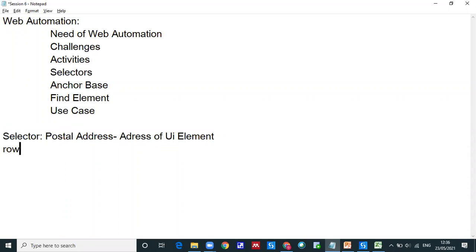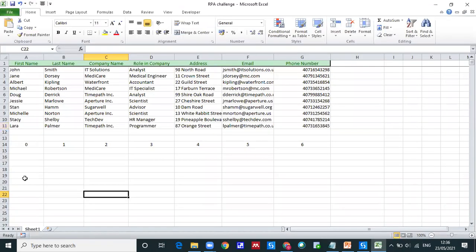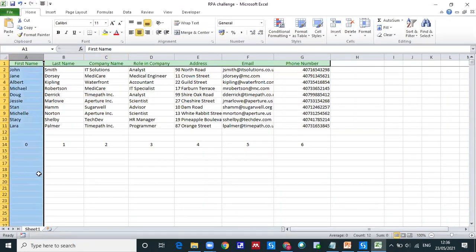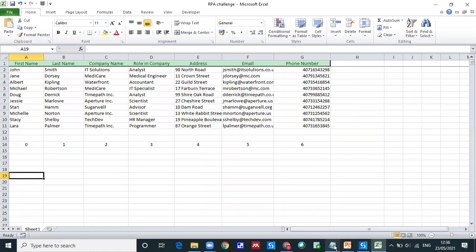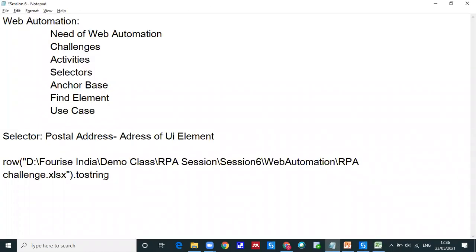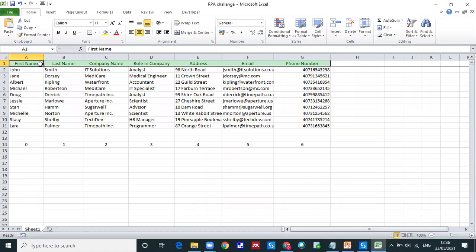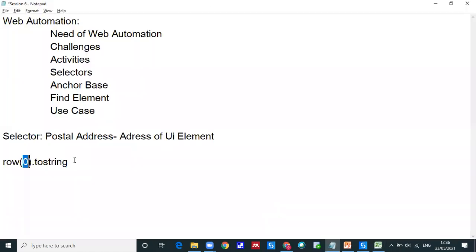row(0).ToString. What is the meaning of this? If I write syntax like this, row is the current row and 0 is indicating the column index. What is that column index? It's this one, first name. Or another way you can use is, sorry, Control Z, I'm going to use this column name and paste it here. Use the double quote. Are you getting this point?